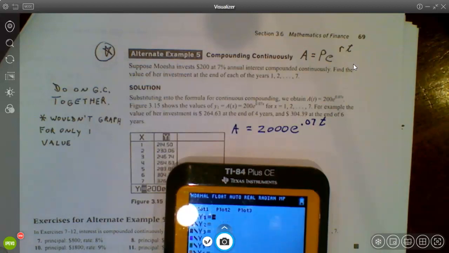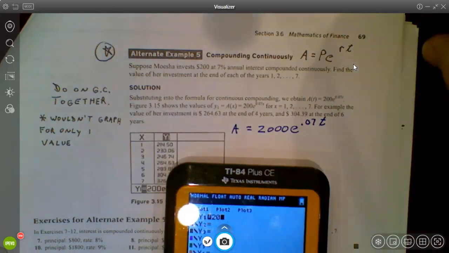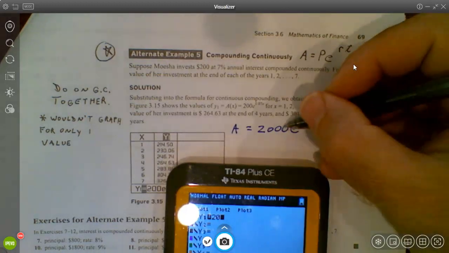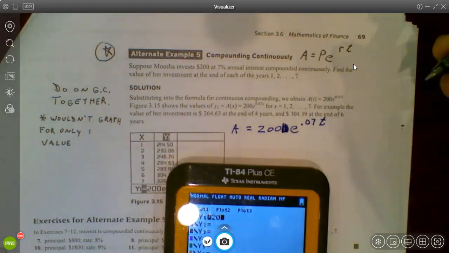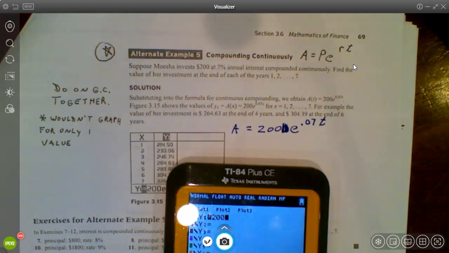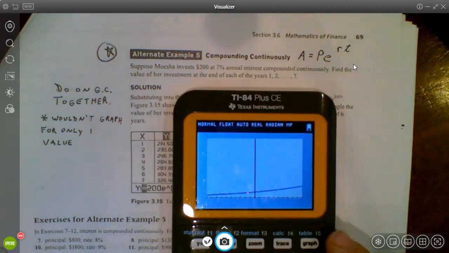So I'm going to do my 200. I got an extra 0 in there. So I got my 200 times e to the 0.07x. So I'm going to graph it. I'm not even looking at the window at this point, though. I'm going to go to the table of values. So here's what we're taking advantage of. If you go into your table,